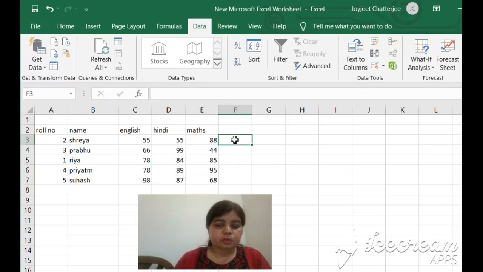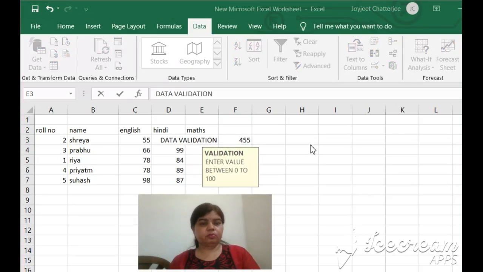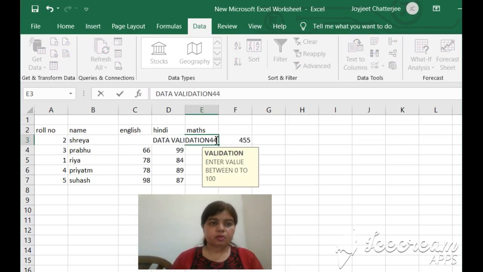Clear? Now if here I write something else, we can. Why can we? Because in this area validation is not applied. Validation is applied only in this area. Here the computer will take it.